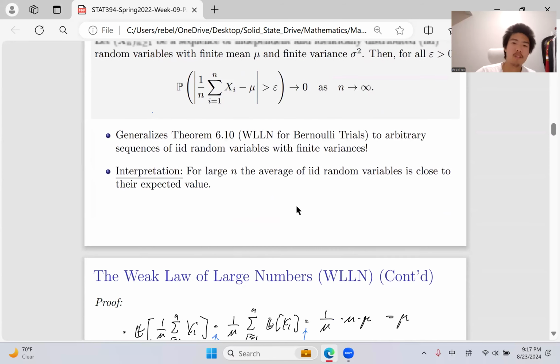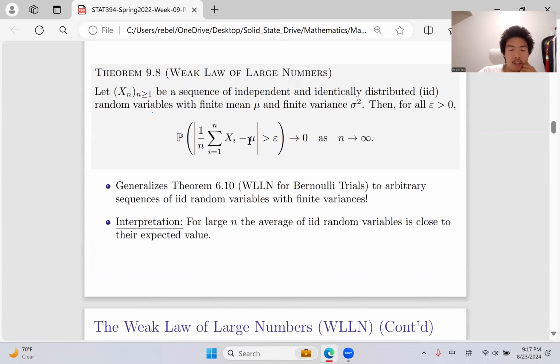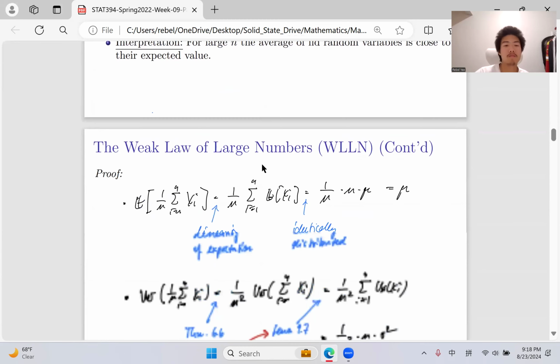So we can start the proof. First we show that the term before the minus sign has expected value mu. Then we show that the variance of this term, the term inside the absolute value, decreases very quickly as n approaches infinity. If these two conditions are satisfied, then its expected value is mu and its variance becomes very small, which means it's very unlikely to go beyond this boundary. And that is just what the Chebyshev inequality says.